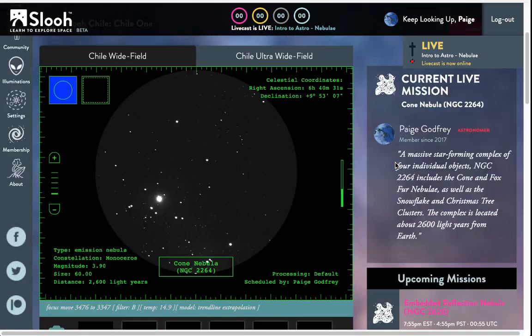Okay, so this mission is the Cone Nebula. This is an emission nebula. It's in the constellation Monoceros. I'm not actually sure how to pronounce that. My favorite is Monoceros. But if you had tuned into Helen Avery's constellation stories on Sunday, it was all about this constellation. So it's a really great time to look at this emission nebula, and it should be coming into color view soon.